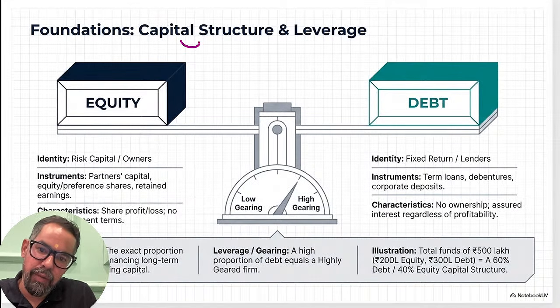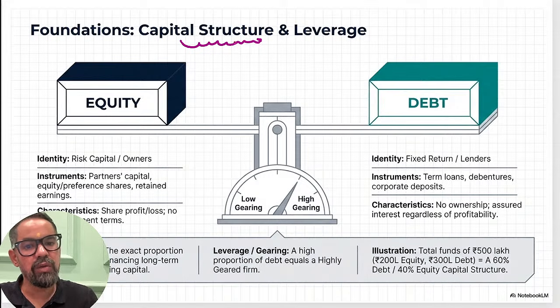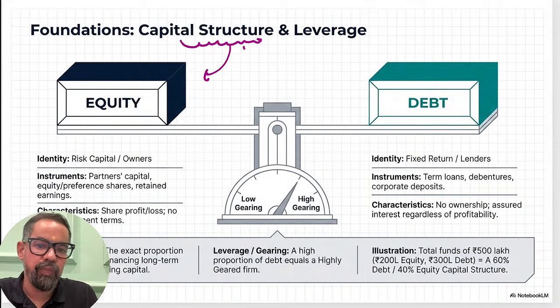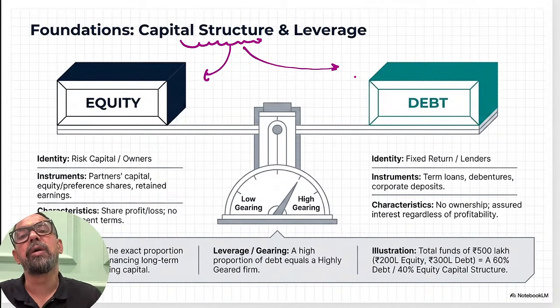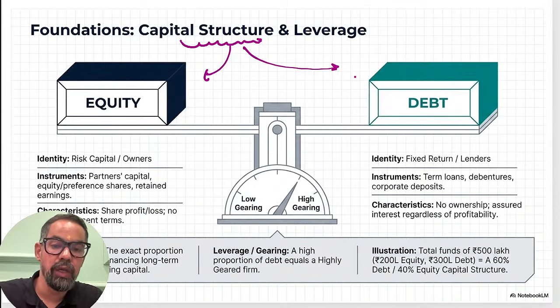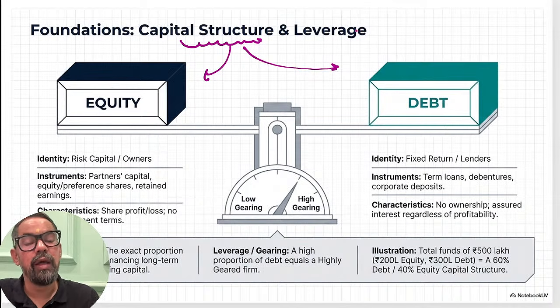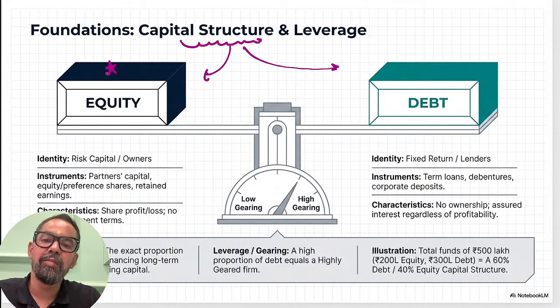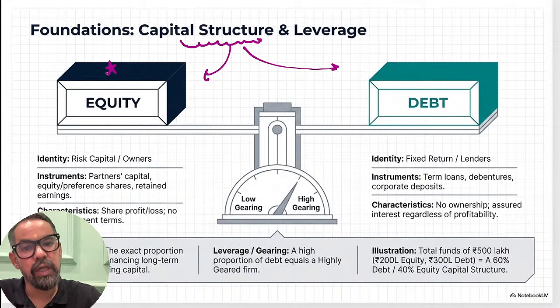So whenever we talk about the capital structure, it is a combination of equity and debt itself, right? Whenever companies are planning for some sort of expansion or growth, for that we require capital. So how to arrange that capital? We have two sources. One is equity. When it comes to equity, this is when companies issue their shares to the general public through IPO, FPO, and all these particular processes.